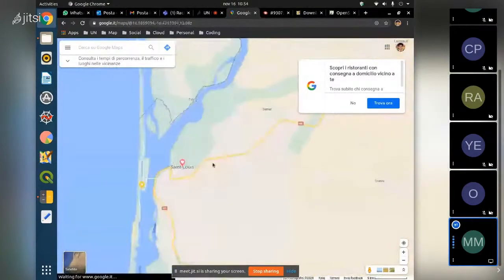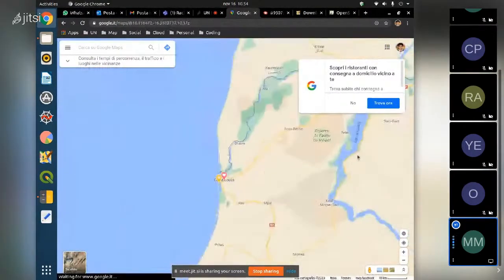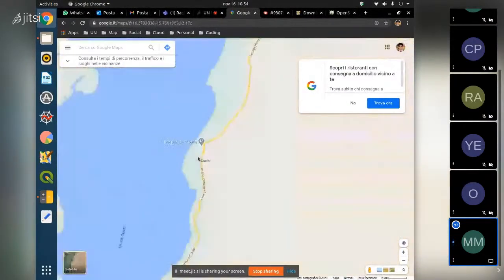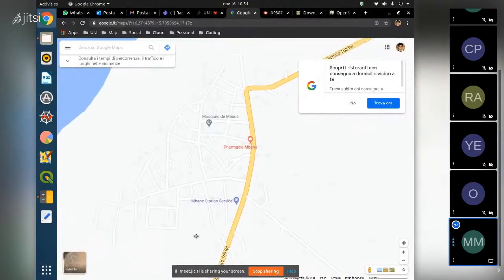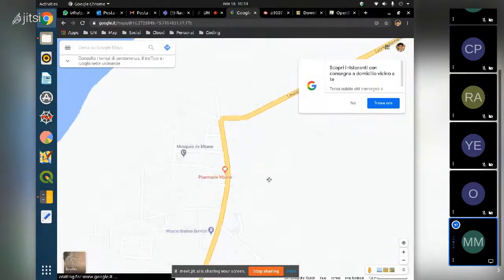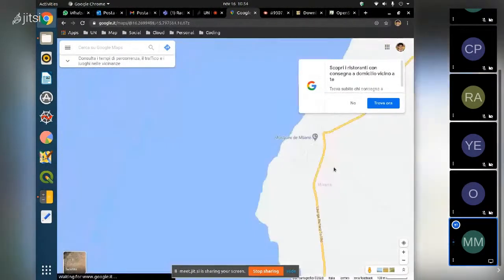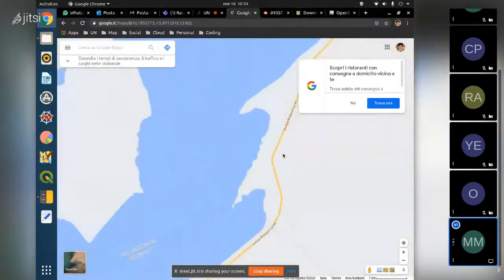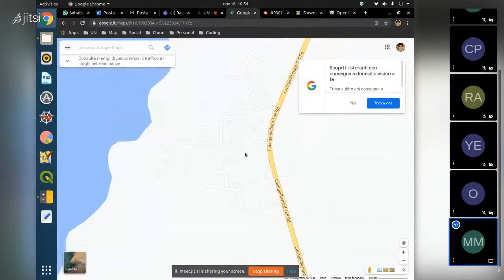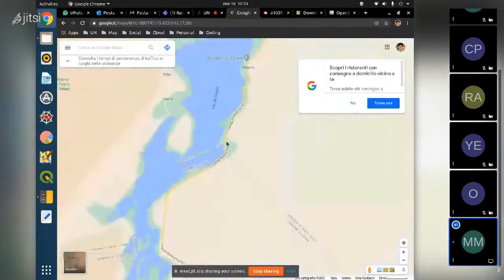Yes, there was actually a legal procedure against Google Maps because they were ingesting data from OpenStreetMap without putting the license. I didn't follow how it went, but basically Google Maps was stealing data from OpenStreetMap, and I don't know if they paid something. Yes, because you see the same buildings. Anyway,